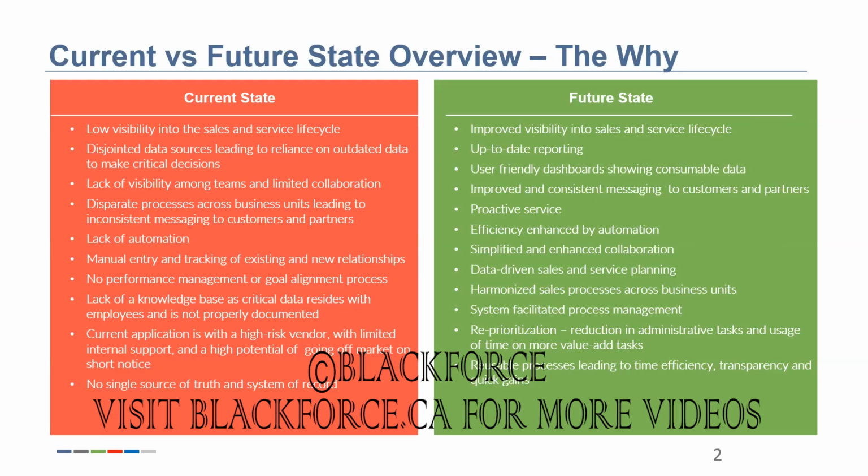We need automation so that we can be more efficient in the service that we provide. We need to be able to collaborate better within Topshop, and we need to have improved collaboration with our customers as well. We need our data and service planning to be based on data and not based on guesses